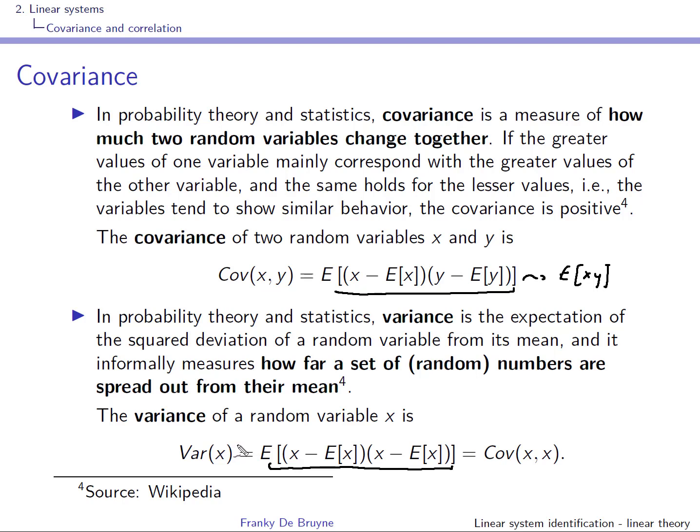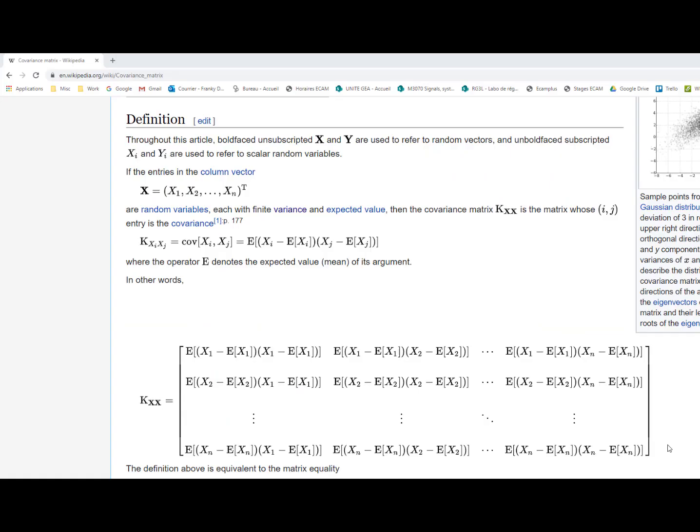Variance is the expected deviation of a random variable from its mean, and it says how far a set of random numbers are spread out around the mean. Well, the previous definition was of course for scalar quantities. In the case of a vector, right,